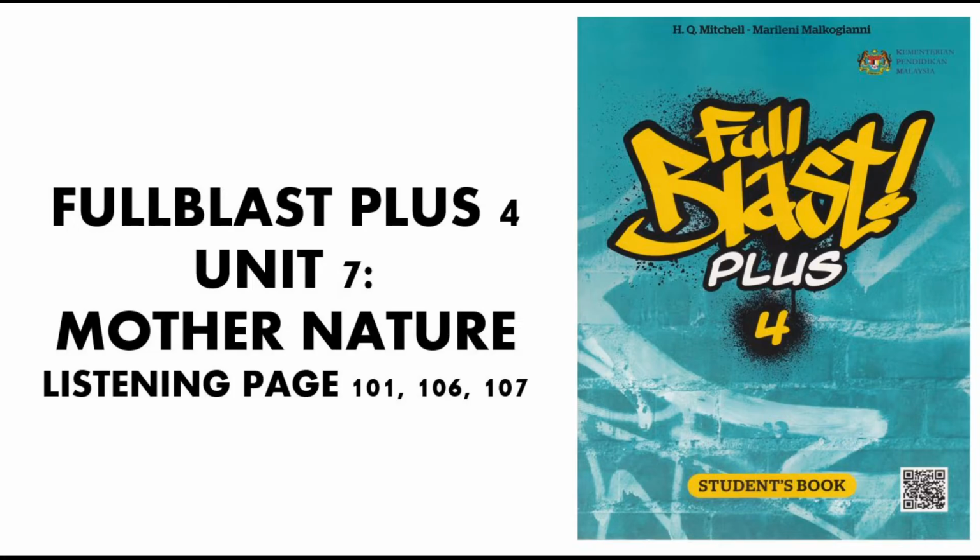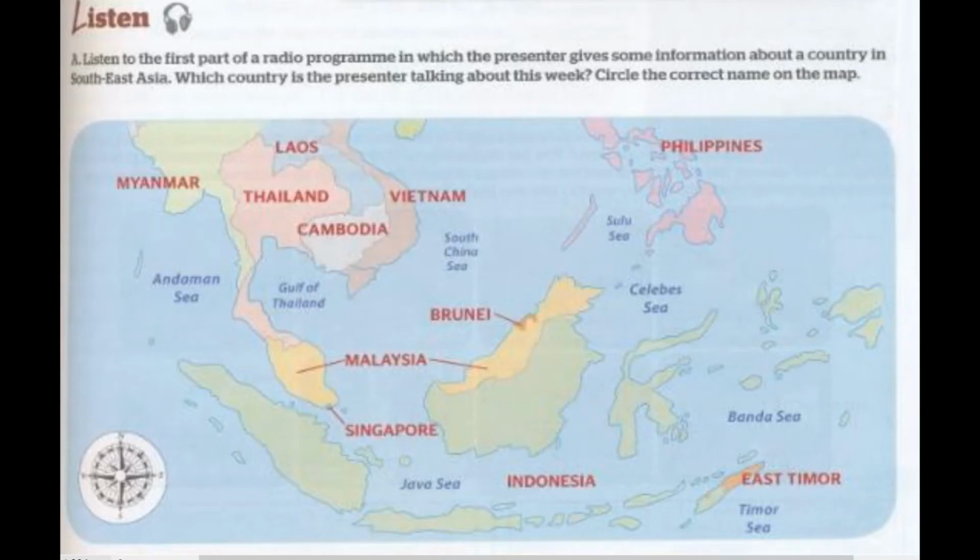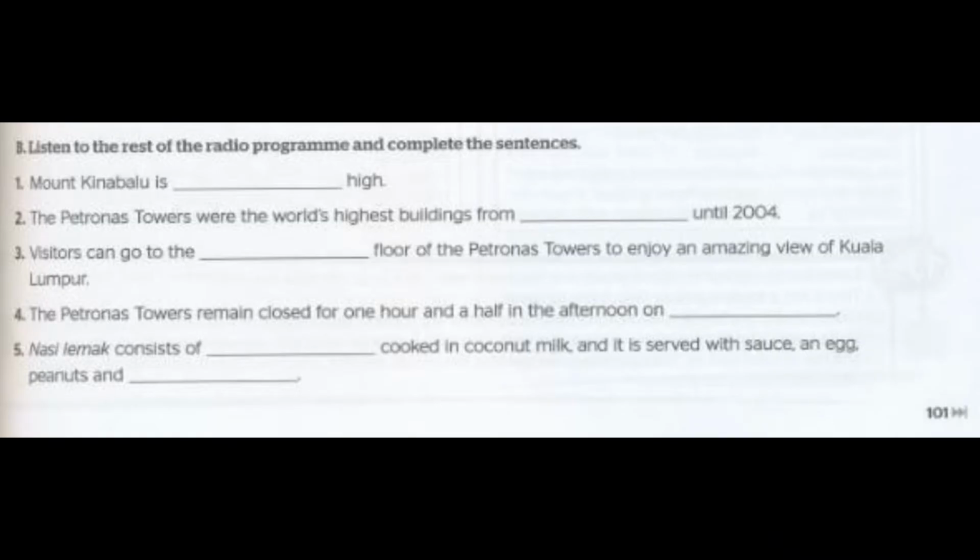Part 2. Malaysia is divided into two parts, Peninsular Malaysia and the island of Borneo. Peninsular Malaysia is the western part of the country, and it includes Tanjung Piai, which is the southernmost point of mainland Asia. Borneo, which is the eastern part of the country, includes Malaysia's highest mountain, Mount Kinabalu, at 4,095 metres, and one of the largest caves in the world, Sarawak Chamber, with an area of over